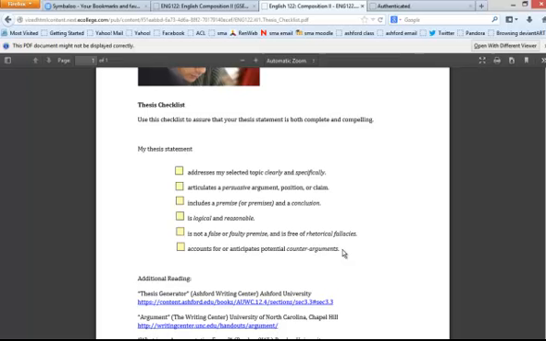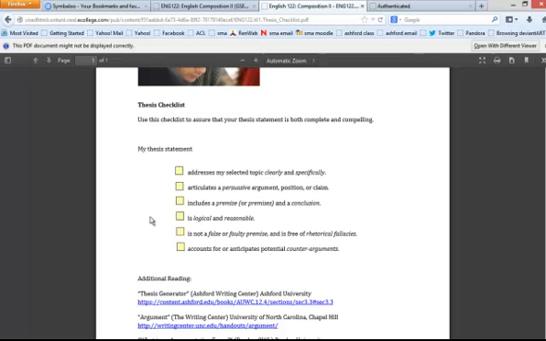This is critical in business. When you go into business meetings and you want to argue one point of view and somebody else in the room is going to argue something else, you have to anticipate that. You have to know what the other side is going to argue. So writing this sort of paper is extremely critical, in my experience, for practicing what you're going to encounter in business. You've got to see every side of the issue, and your thesis statement has to tell us something about that.